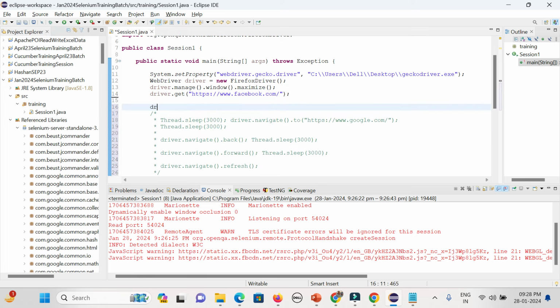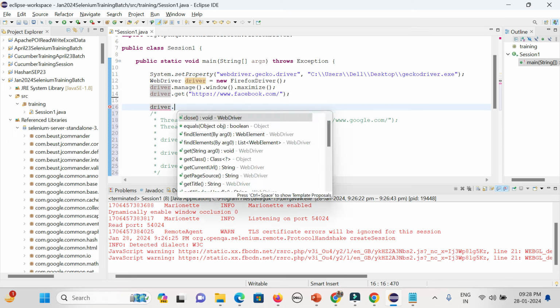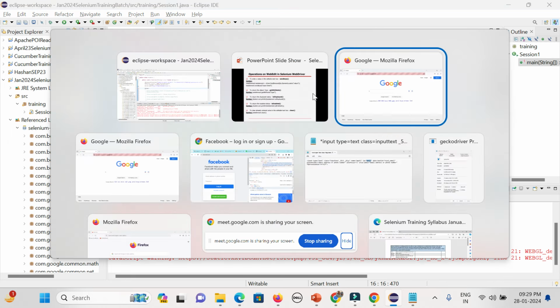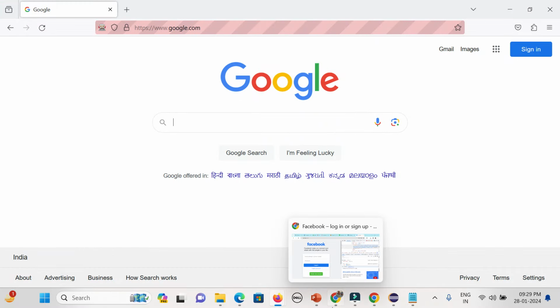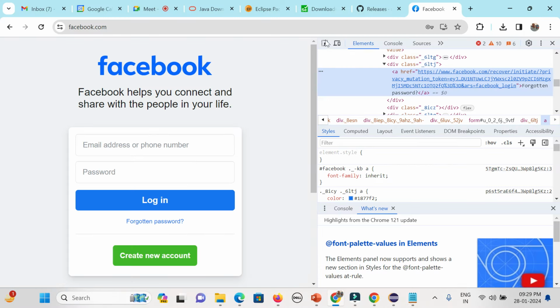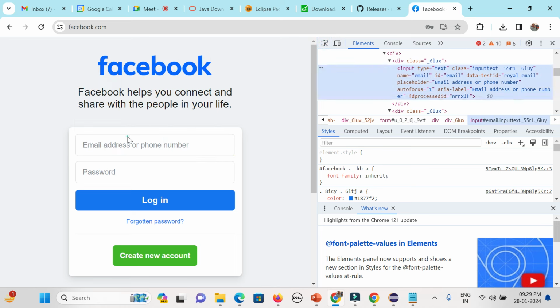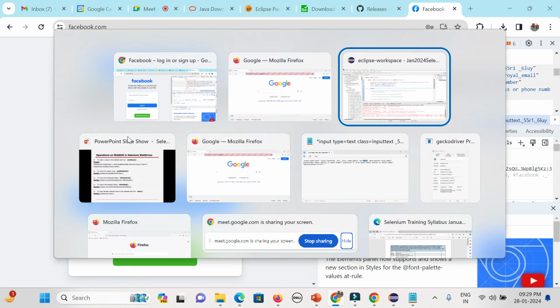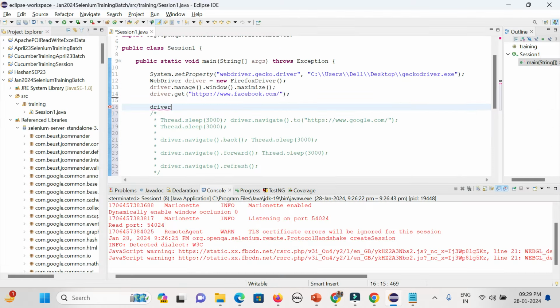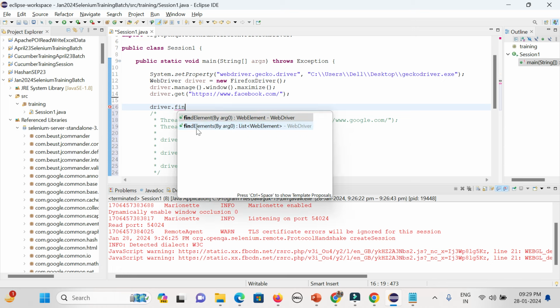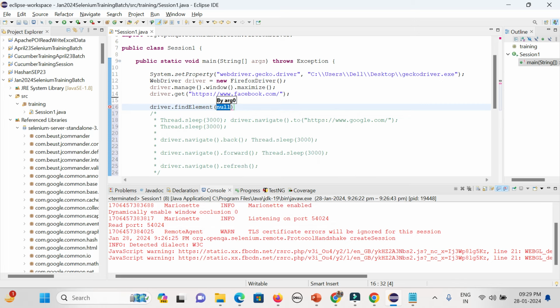So simply we are doing it directly, right. But in case I want to enter some value or do some operation on, say, the Facebook page, that particular email field, okay, what is the way I will do it? First I will identify the field with driver dot find element. What is the return type? You could see it is coming from WebDriver. The return type is WebElement. So I can store it in a variable and do multiple operations, right?